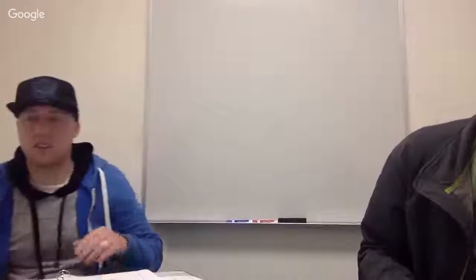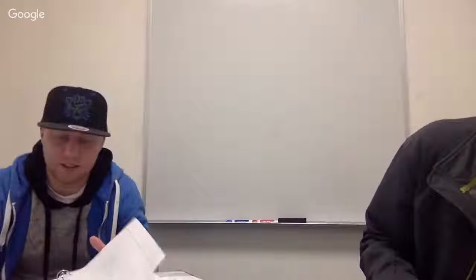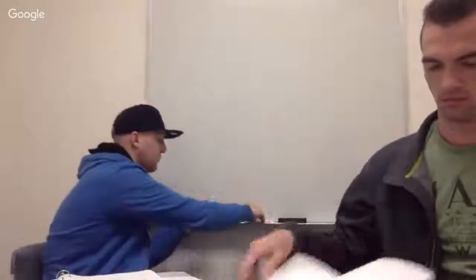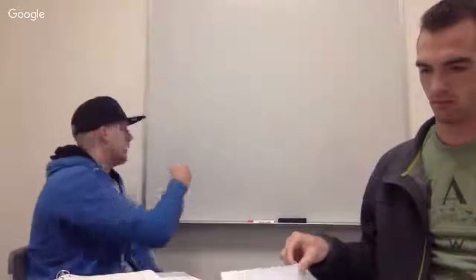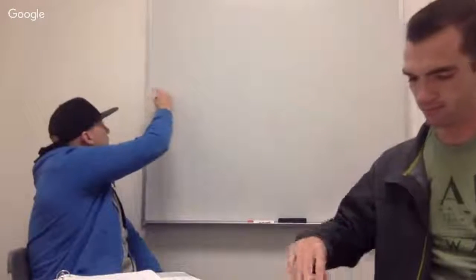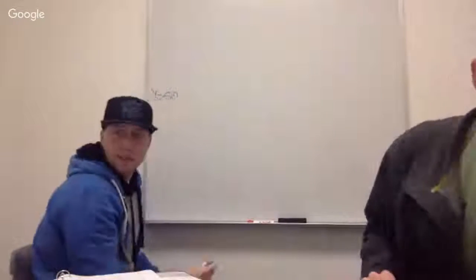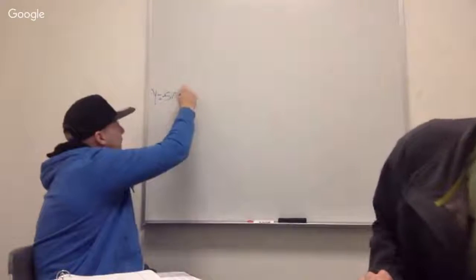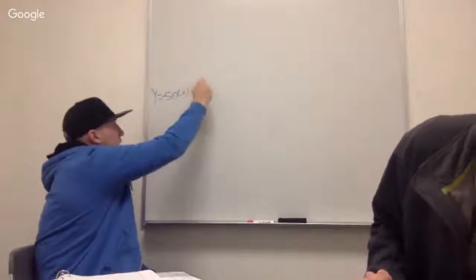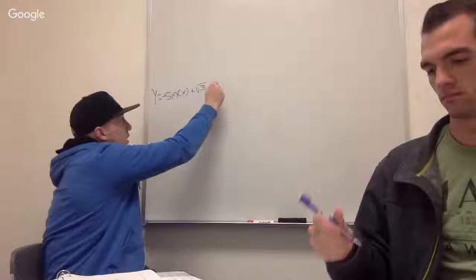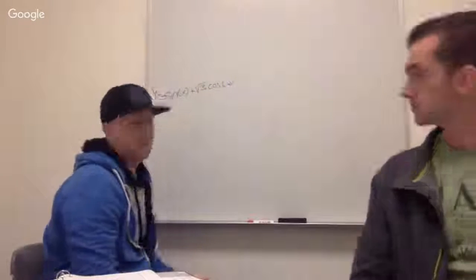Okay, so we'll do the graphing reduction theorem one first. It's written as y equals negative sine x plus square root of 3 cosine x. Okay, so the first thing we do